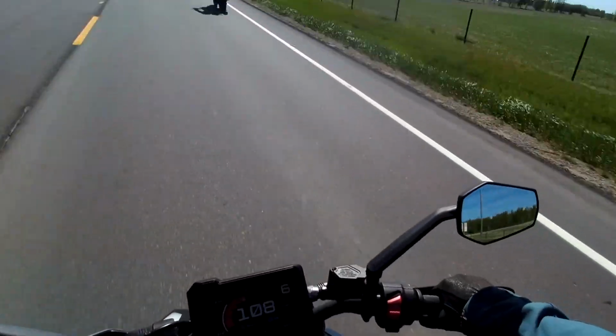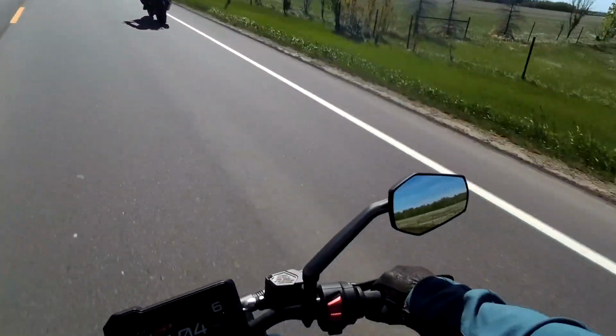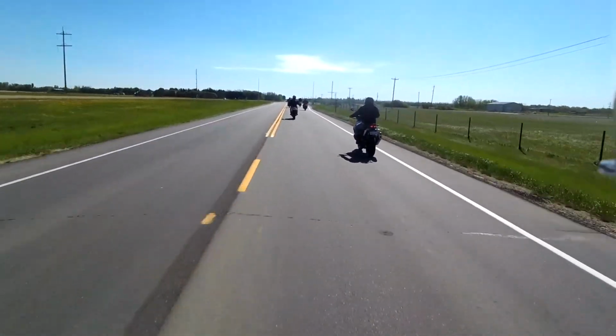So let's see, we've talked about the mirrors. The mirrors are incredibly stable at highway speeds. They are not vibrating at all. Talked about our mirrors, our reach to the bar, the seat, reach to the pegs,